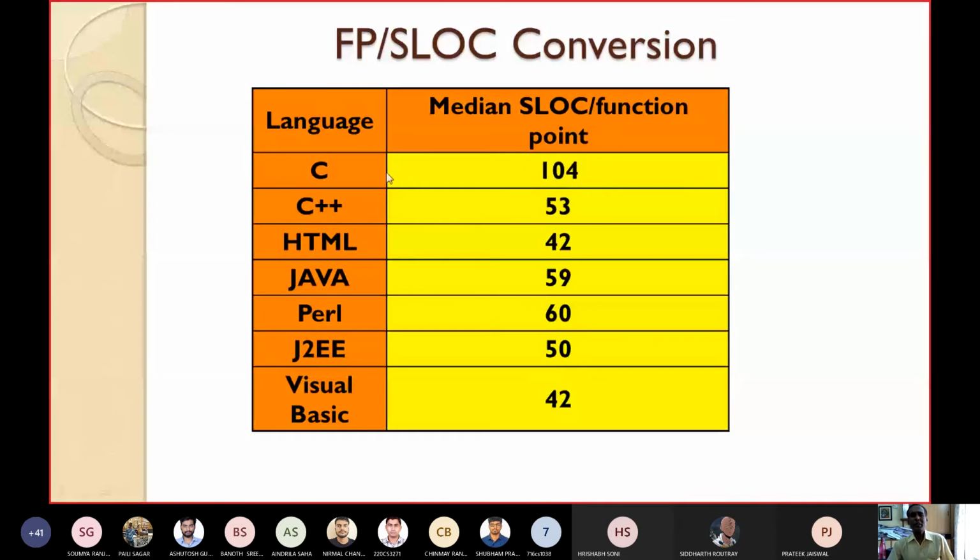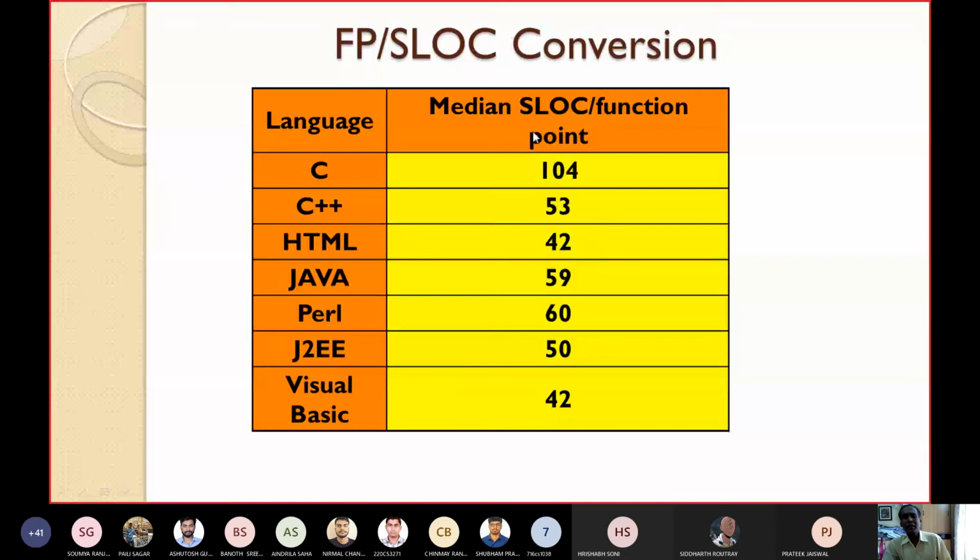If you are using C normally, 104 source lines of code may be considered per function point. If it is C++, again it is reduced, so it is 53 source lines of code per function point. For HTML it is 42, for Java it is 59, for Perl it is 60, for J2 it is 50, for Visual Basic it is 42, like that. So this is a table which shows